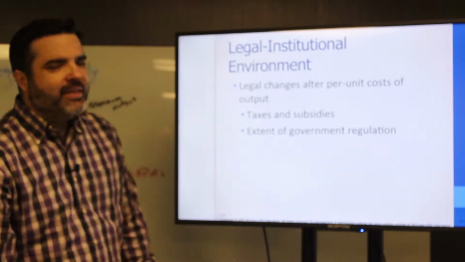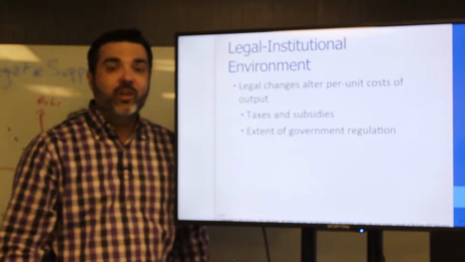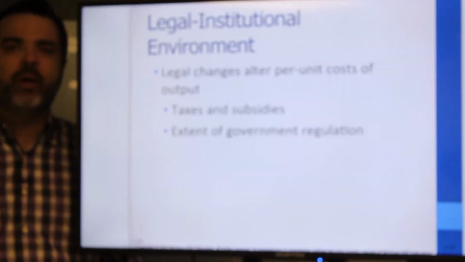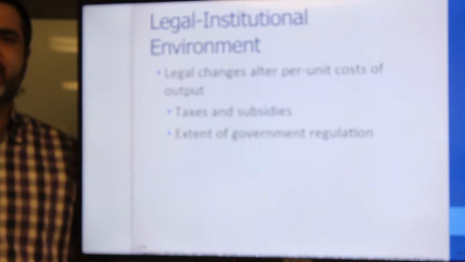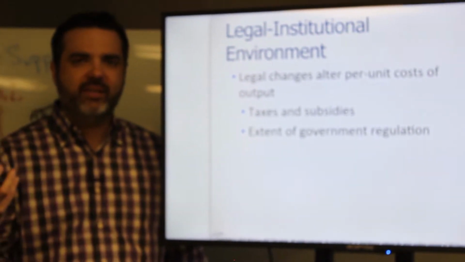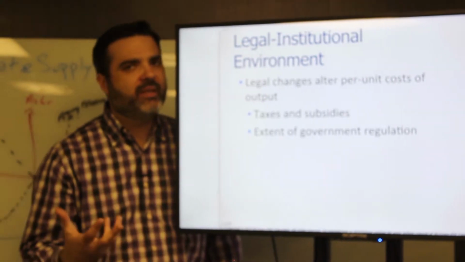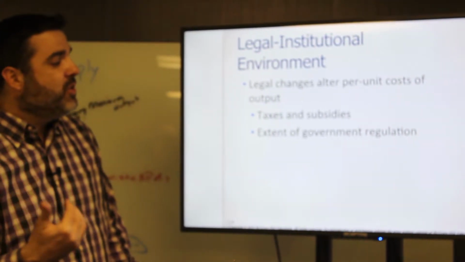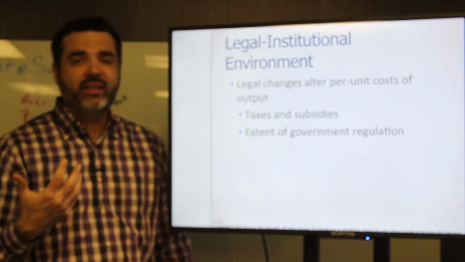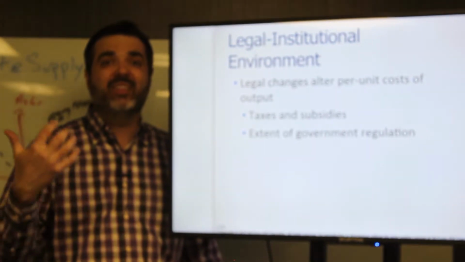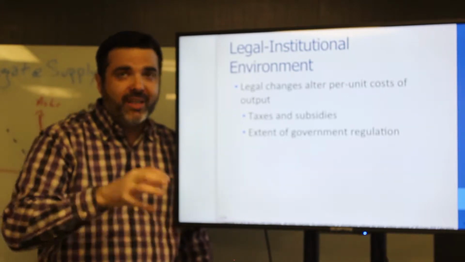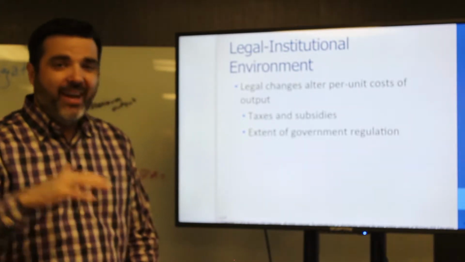Okay. And then obviously another thing that goes into it is my legal environment. This is one of the reasons why business owners tend to like Republicans in office, is that Republicans tend to cut the amount of legal and institutional oversight on businesses. So many businesses love Republicans in office because they tend to cut down on taxes, they tend to raise subsidies, and they tend to cut regulations. And so that obviously lowers the amount of government oversight, government cost on businesses, which can push the amount of